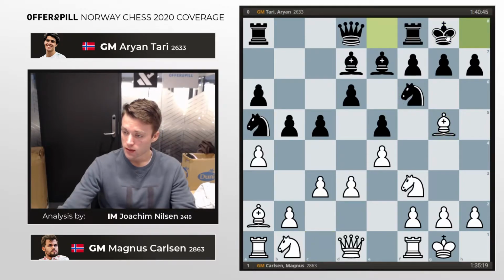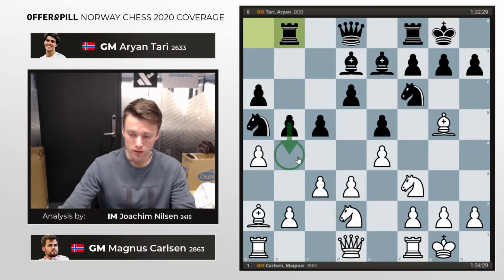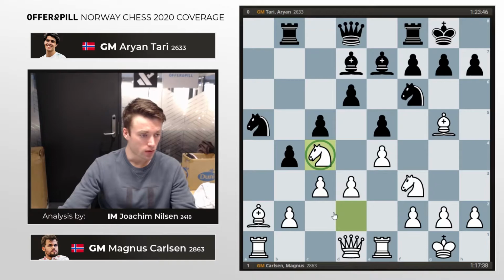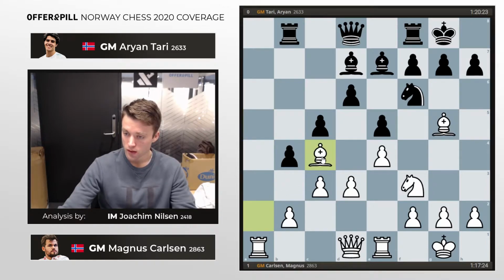Castles, Knight BD2, Rook B8, might threaten B4, might threaten to take on A4. That's why Magnus decides that enough is enough, AB, and Rook E1. Protecting this and maybe allowing the classical maneuver Knight F1. B4, Knight C4, suddenly there was a square available for the knight on C4. We of course